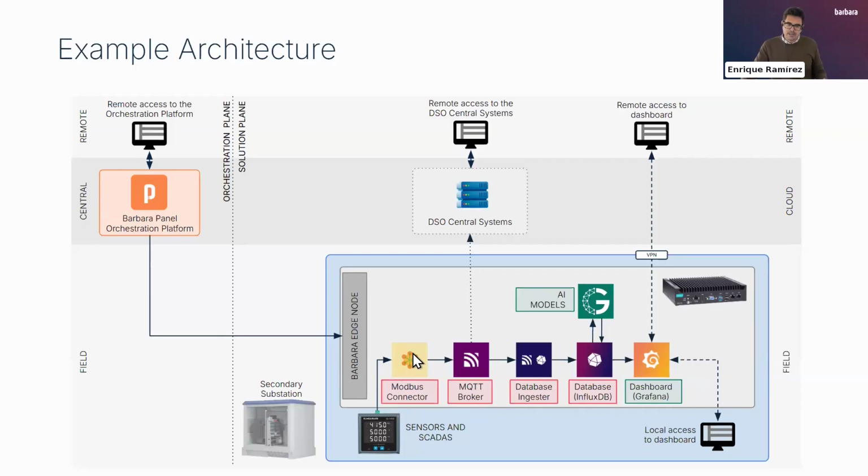So in first place, I have the Modbus connector. The Modbus connector is basically connecting to this smart sensor using Modbus protocol. It reads the information I configure, and I am going to publish all this information in this local MQTT broker. What is that? An MQTT broker is basically a messaging service that allows me to communicate different applications inside the edge node. So this way the Modbus connector is reading the information from this sensor and publishing here in